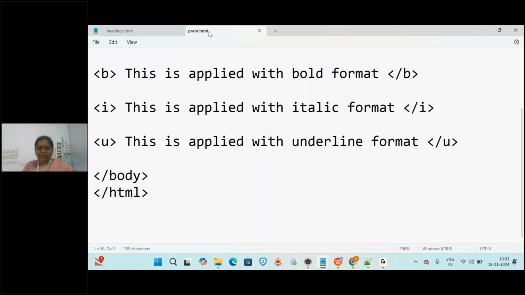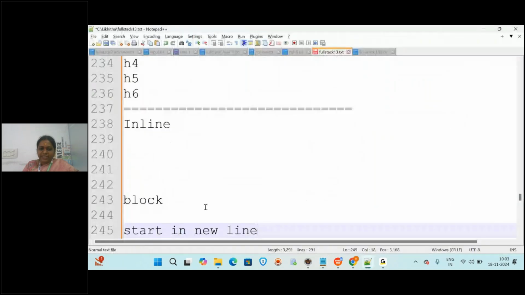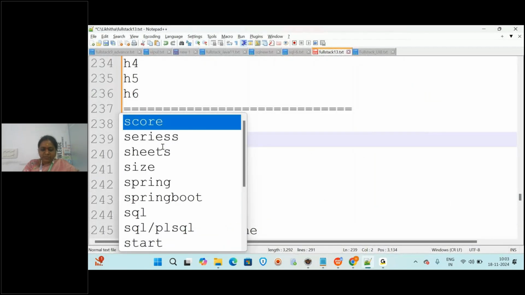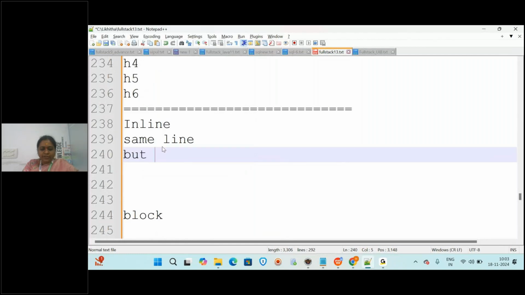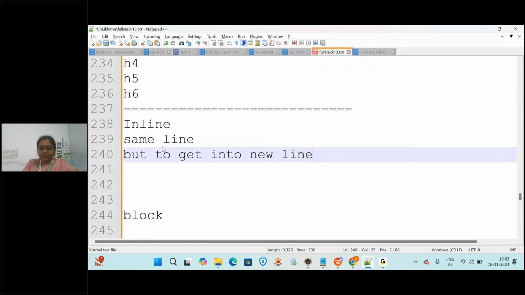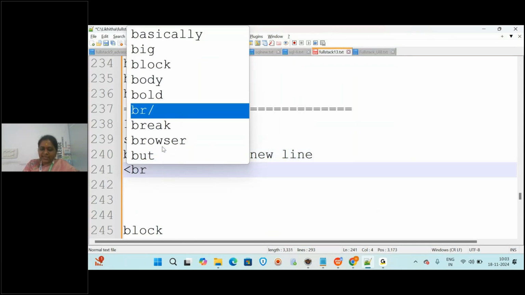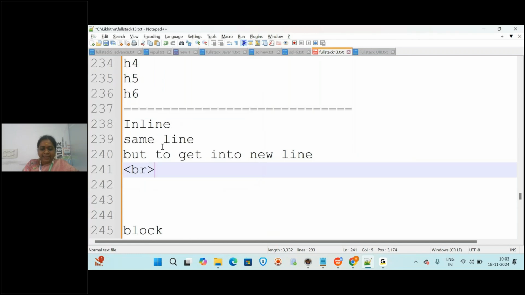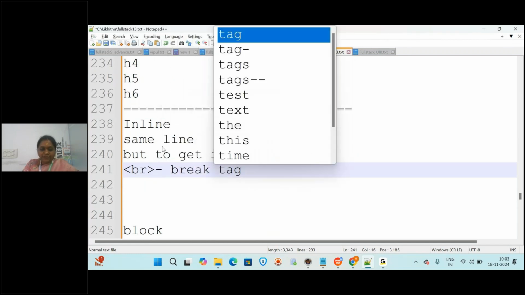For inline elements, it will be displayed in the same line, but to get into the new line, you have to use the break tag. BR stands for break tag.